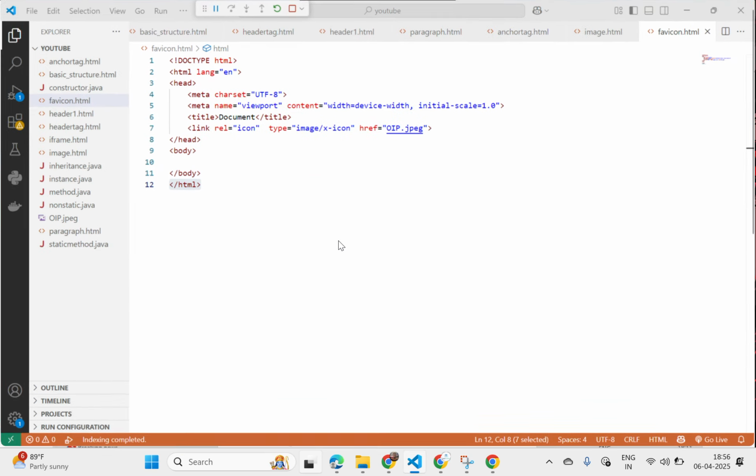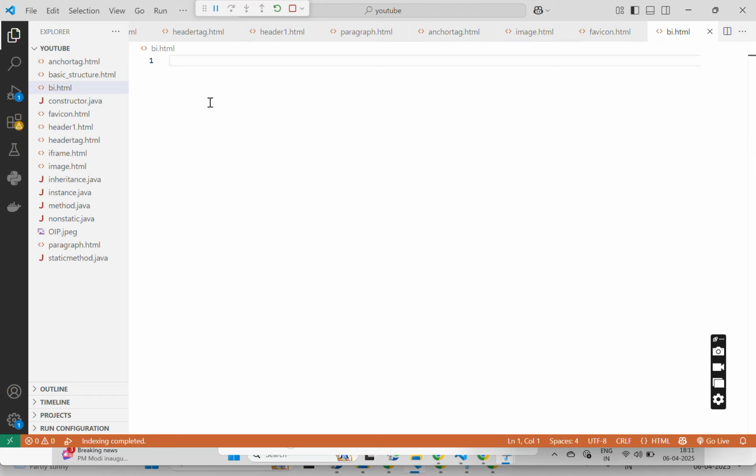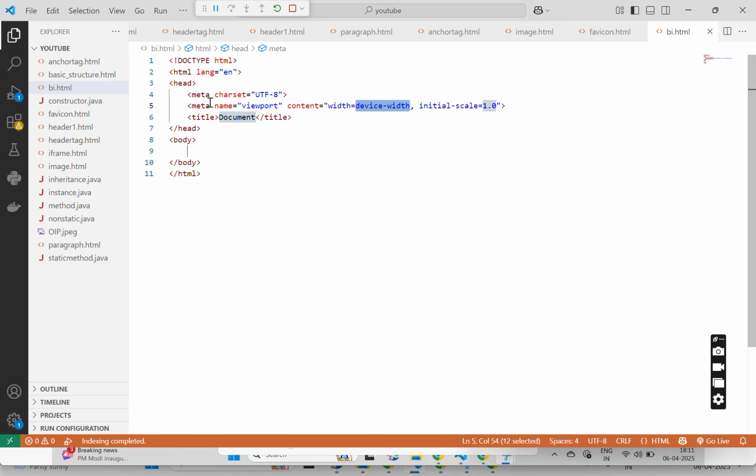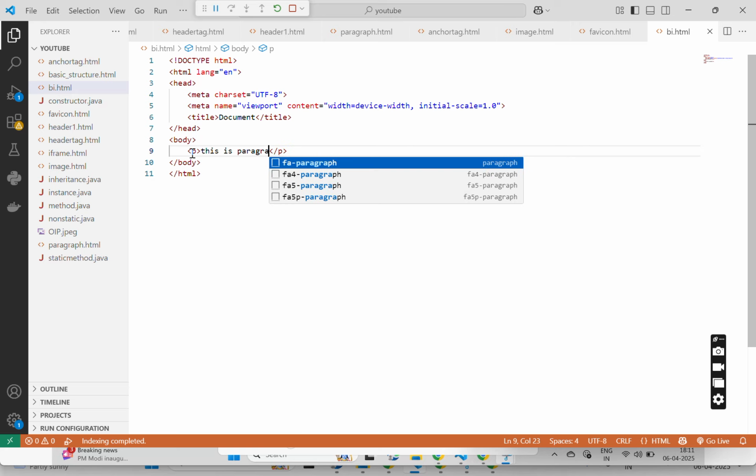Let me create a file here called block and inline element. I'm just naming it bi.html. Now shift plus one, enter, so the basic structure is given. Now I'll use the p tag here. This is the paragraph. If you run this one, it will